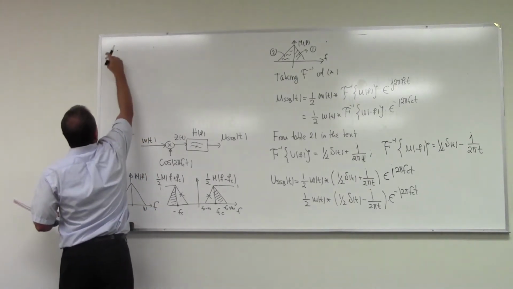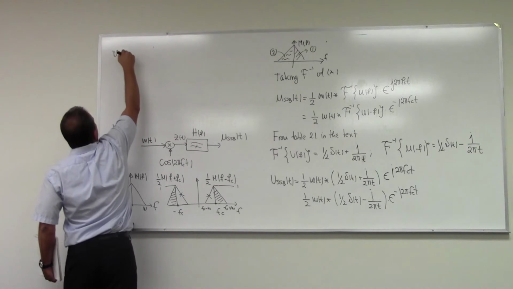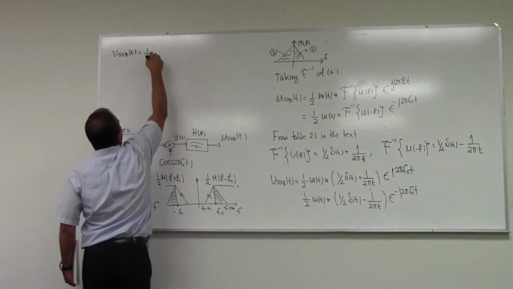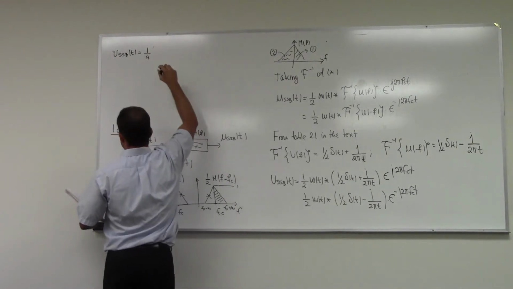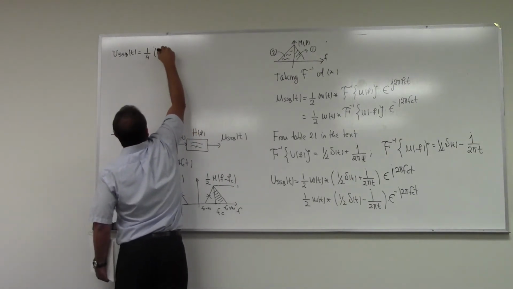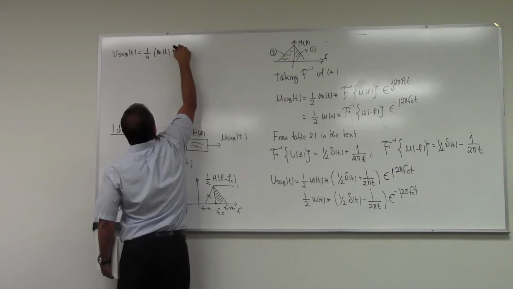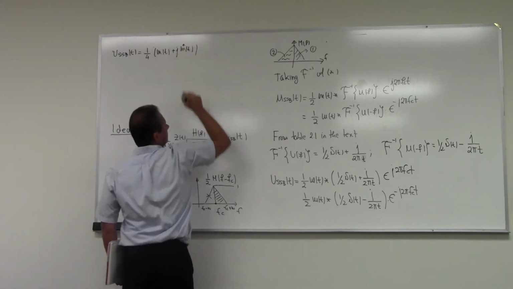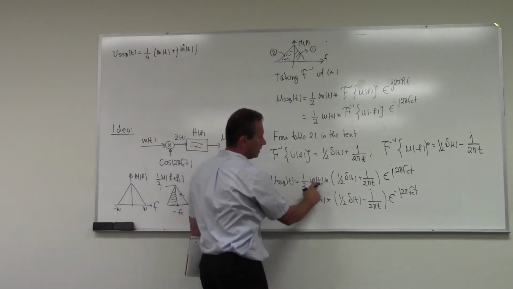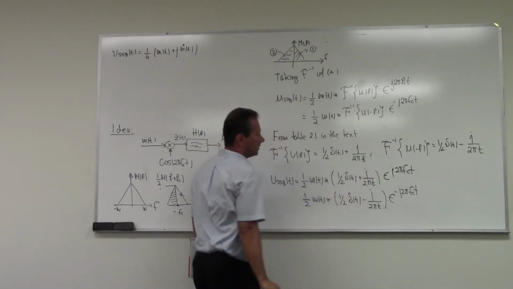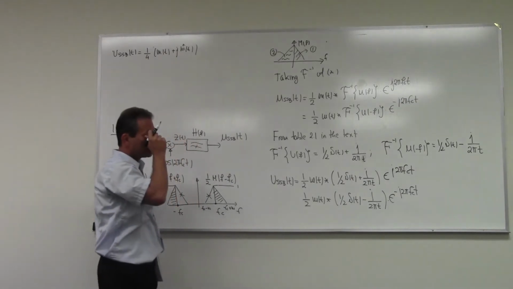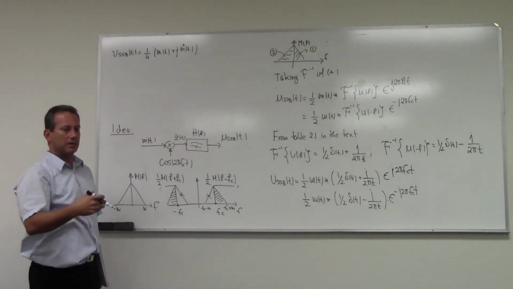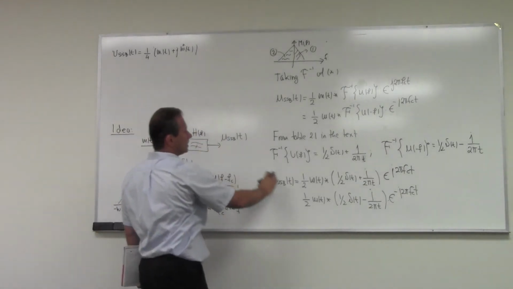So I can now say u single sideband of t is going to be, let me put 1/4 here, m of t plus j m hat of t, whatever that is. What is the m hat of t? It's the convolution of m of t and this 1 over pi t, which is the impulse response of some filter. I don't know what that filter is yet, but at least for right now,